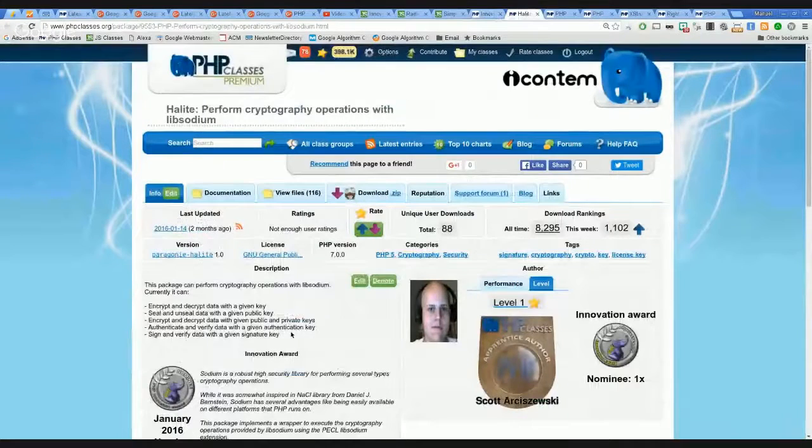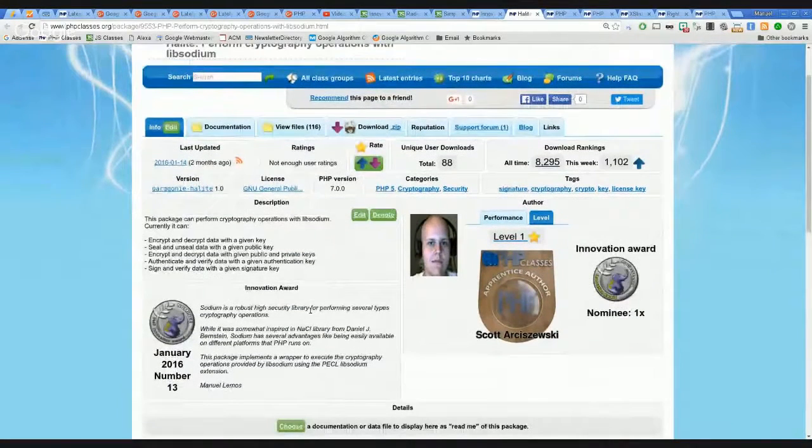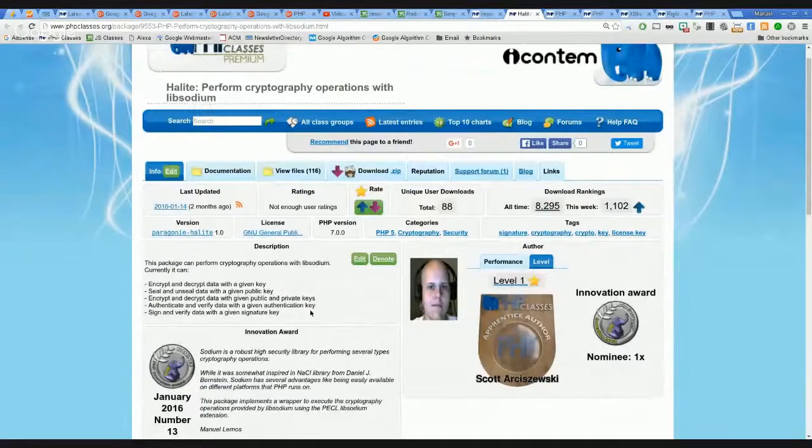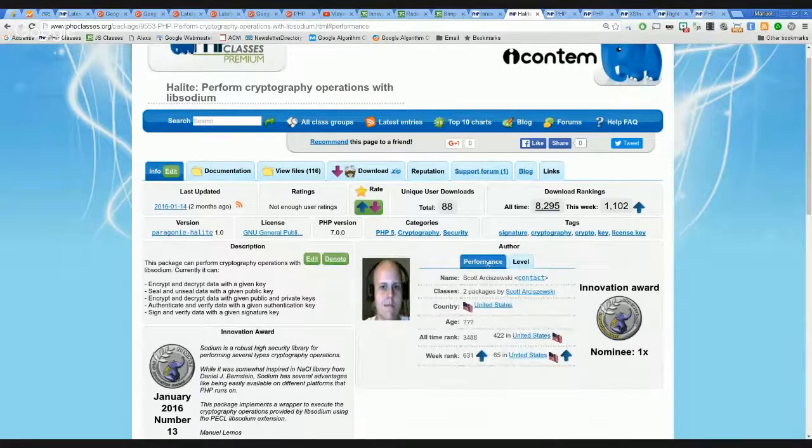Talking about security, there is an interesting package that is a sort of preview of the future. It's called Halite. I'm not sure what the right pronunciation is. And this one is developed by Scott Arciszewski. I'm not sure if I'm pronouncing his name right, but he is a well-known security expert. He has been very active. We actually commented about many proposals that he sent to the PHP core in recent times, and most of them are related to security.